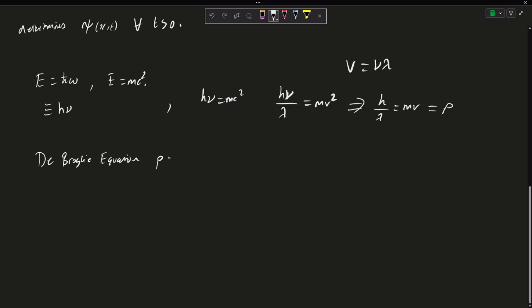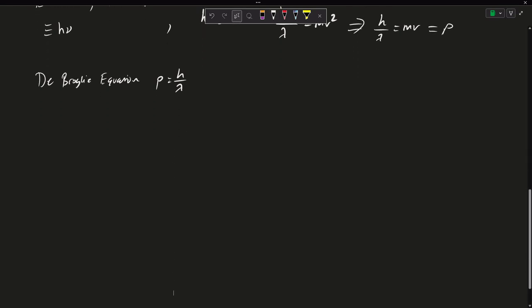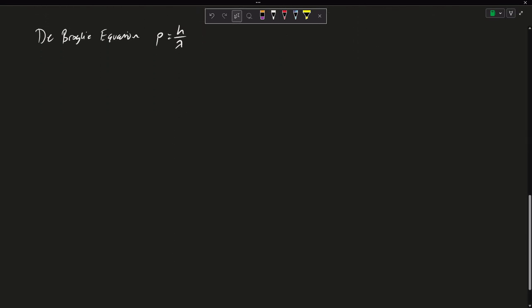So the de Broglie equation is just the relation between momentum and wavelength here. We're now pertaining to the wave nature of matter, the wave nature of particles. So if we consider a wave propagating in the x direction of the form as follows, psi of x,